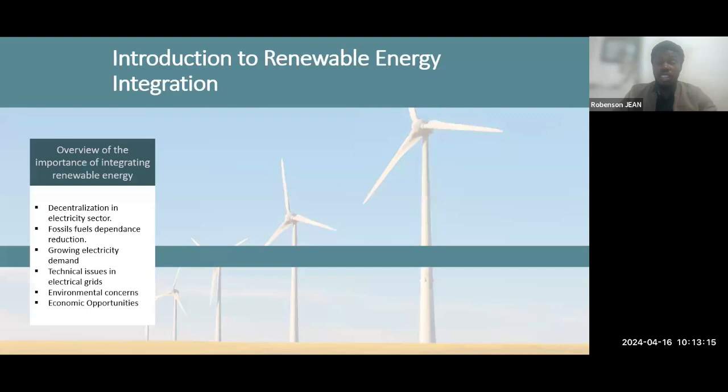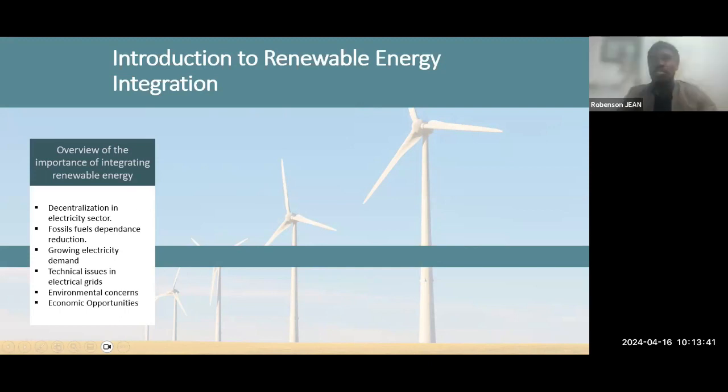We had a dependence on fossil fuel. So in order to reduce this dependence and also to get a more decentralized electrical grid, it was very important to integrate renewable energy sources, as renewable energy sources give us the